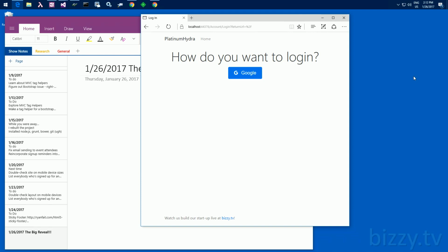I don't know. At this point, I think I would think I was on the wrong page. Okay. What would you expect to see first? Like, would you expect to see a page like whatever product name we eventually come up with? Let's say the product name is Platinum Hydra. Would you expect to see a big flashy page that says, "Welcome to Platinum Hydra. Click here to log in and start your organization"? Or would you expect to see...